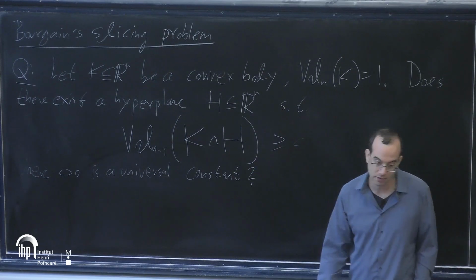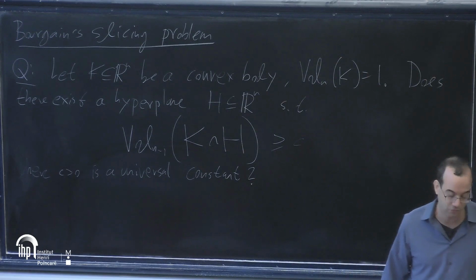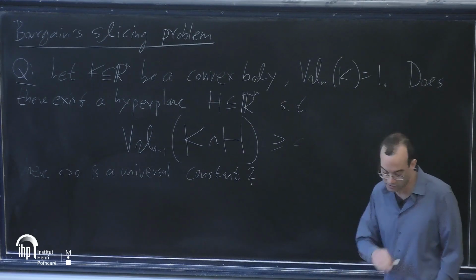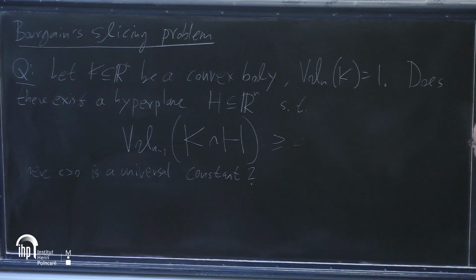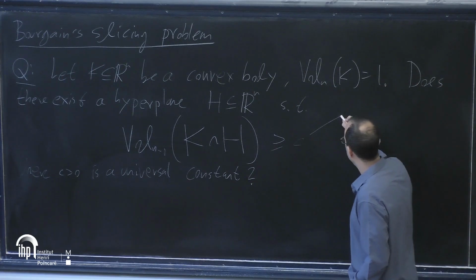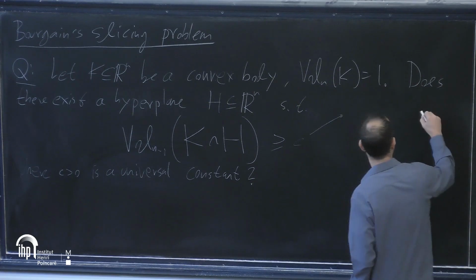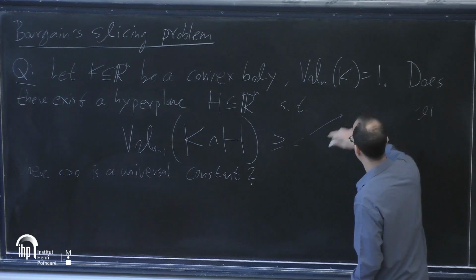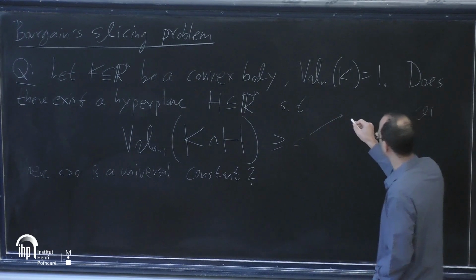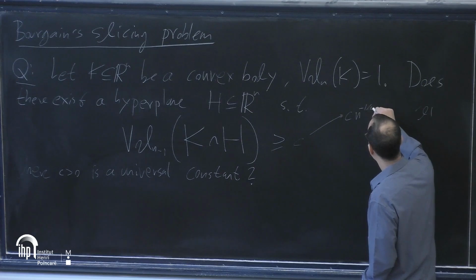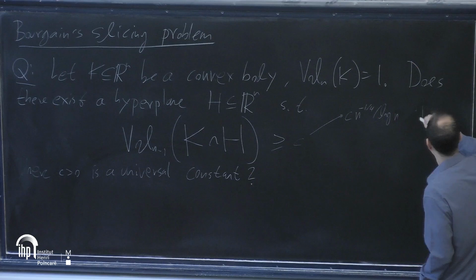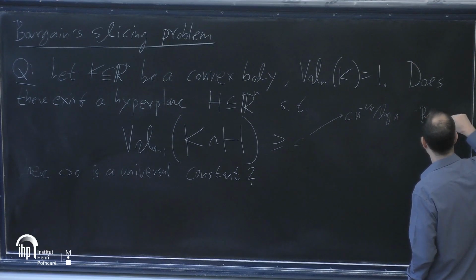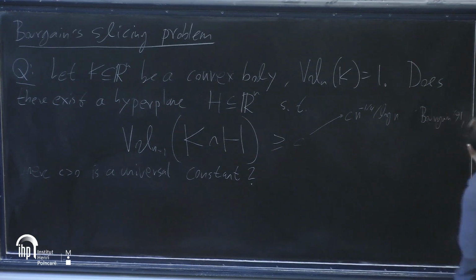And Bourgain, in 1984, in his paper, wrote that at the time of writing he didn't know the answer. But subsequently, he published some bounds on it. In 91, he got, in place of a constant here, something slightly worse, n to the minus 1/4 over log n. So this is what he published in 91. Maybe he knew it a bit earlier, because there are some earlier references to this result.